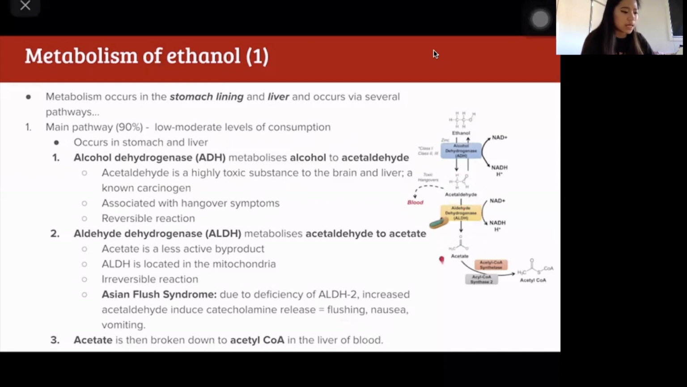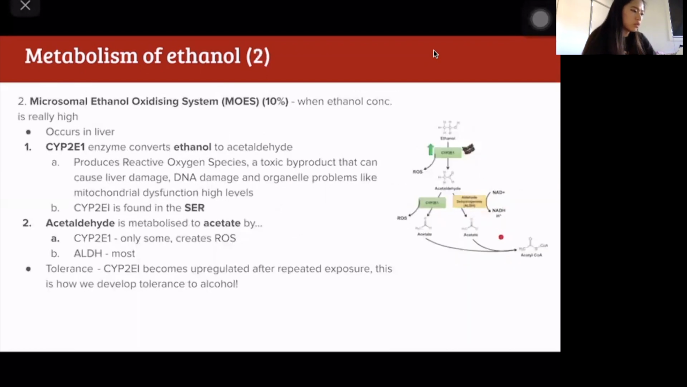And lastly, this acetate is converted to acetyl-CoA in the liver and the blood. And one thing to note is that NAD+ is used in both of these steps to make NADH. This becomes important later. So the other one is the MEOS, and it's only about 10% and only happens when you drink a lot of alcohol, and it occurs in the liver. So it uses this enzyme called